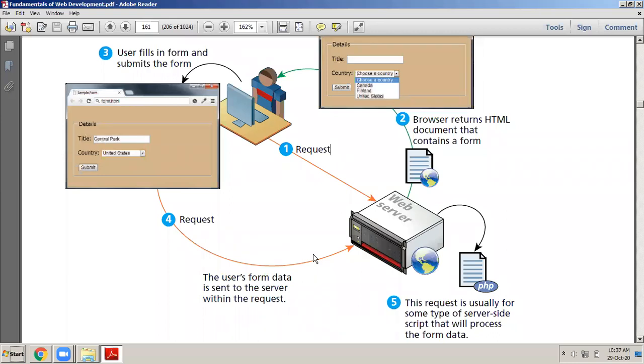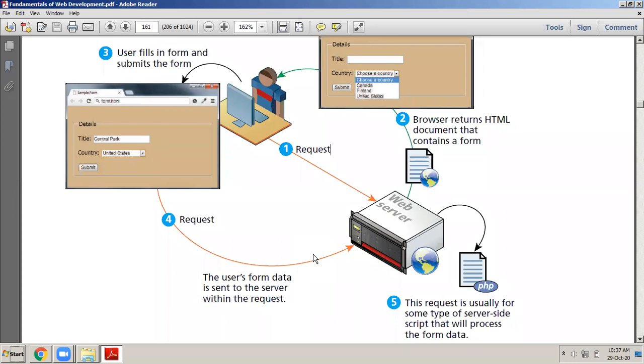The data goes to the server in two ways. You can either use the first way or the second way, which are the two different methods of sending data to the server. We can send the data to the server either using the get method, or I can send the data to the server using the post method. Now remember that I told you in the HTML form tag, there are two very important attributes. The first attribute is the method attribute and the second one is the action attribute. So whenever you have forms in your HTML pages, there are two attributes that you have to write.